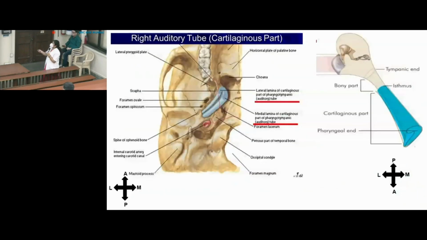So here you can see this is the auditory tube, this is bony fibrocartilaginous part, and the junction between two is called as isthmus, because this is the narrowest part of the auditory tube. Okay, and what is this? Can you see this basal part of the skull? This is hard palate and this is the posterior part. So along this junction between petrous part of the temporal bone and greater wing of sphenoid, there is sulcus tubae, which lodges fibrocartilaginous part of the auditory tube.